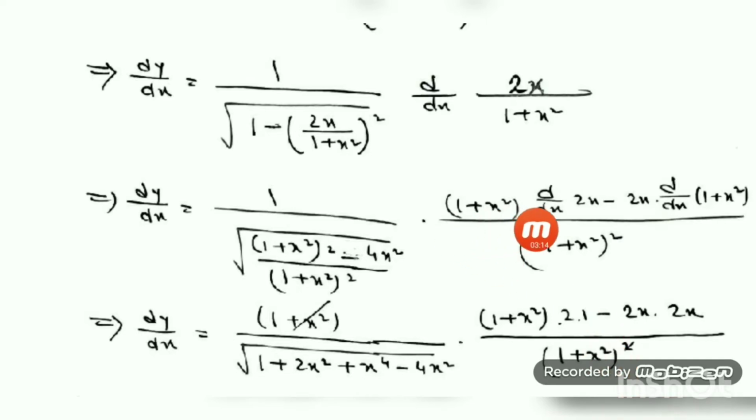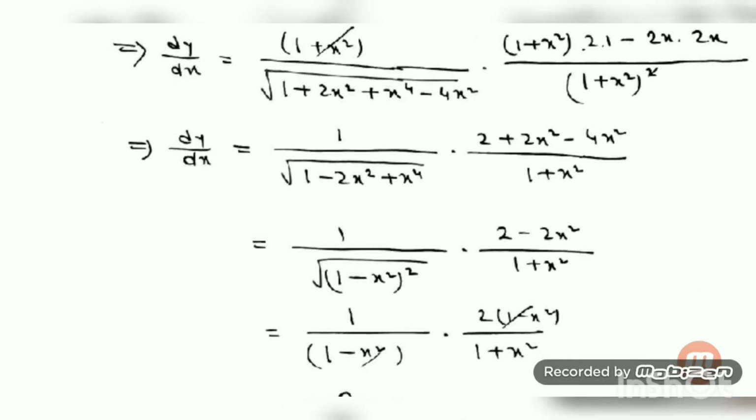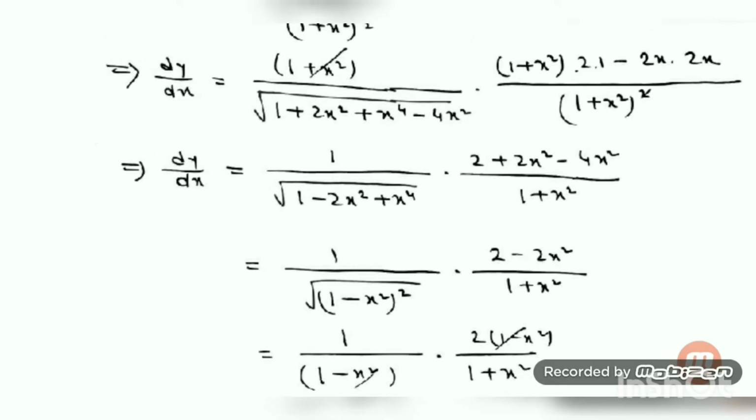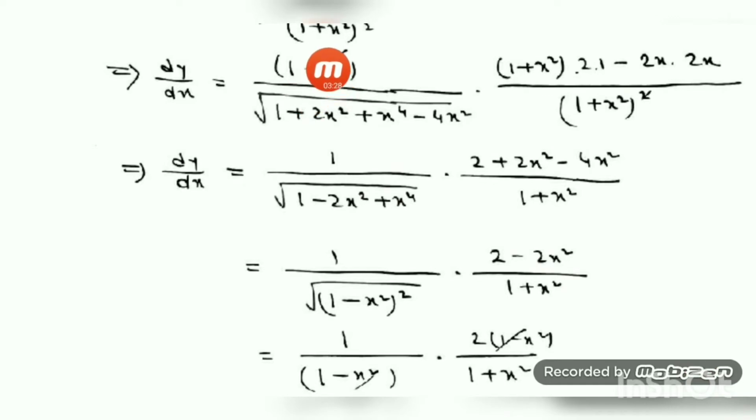1 plus x square, derivative of 2x equal to what? 2 constant, d/dx of x is 1. This is twice x, and the derivative of this one is equal to what? Again twice x. Okay. So after this, let us do a few more simplifications. This one and this one are similar. So I just cut the square with this expression, because here we have two expressions, so one I just kept. Okay, and here these and these are like expressions. So 1 by under root 1 minus 2x square plus x to the power 4 will be left, and this one let us do simplification.